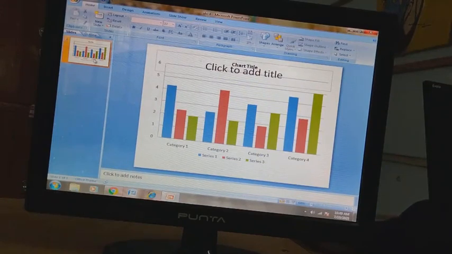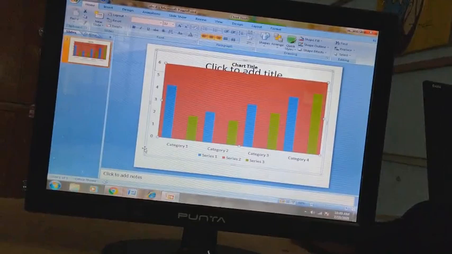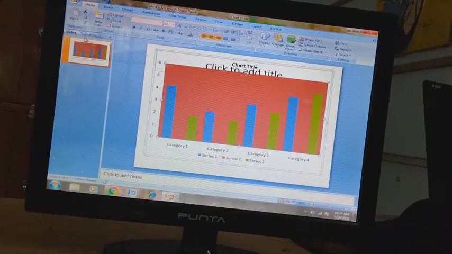If you want to make changes and save the same file, and you don't want to make a new file, what you can do is click on the Save button. The changes will be saved in that file only. So there is a difference between Save As and Save. If you click on Save As, a new file will be saved, and if you click only on Save, the changes will be saved into that particular file.